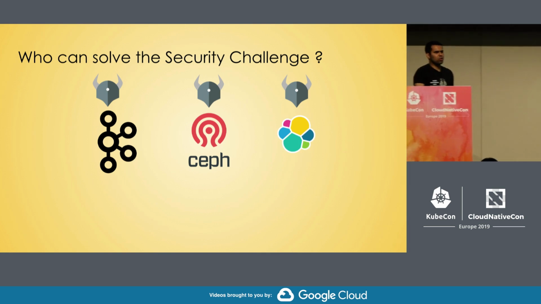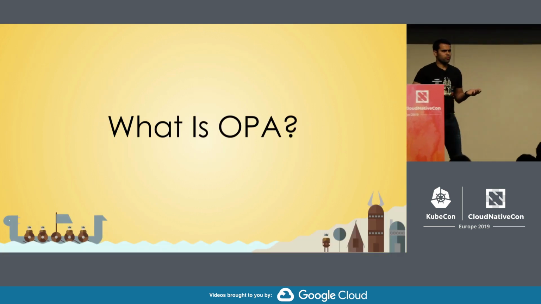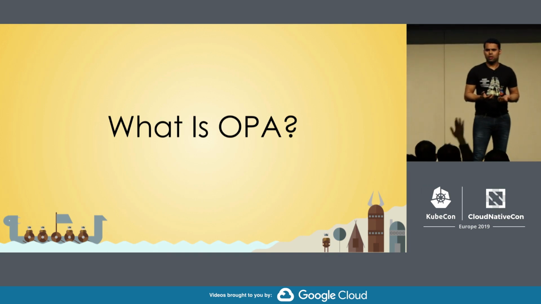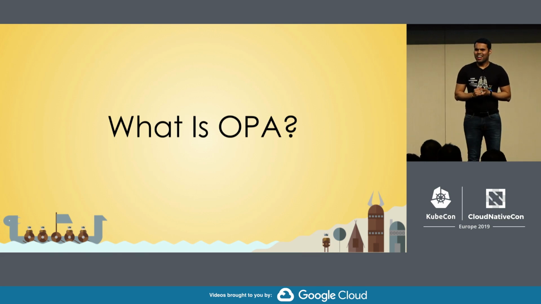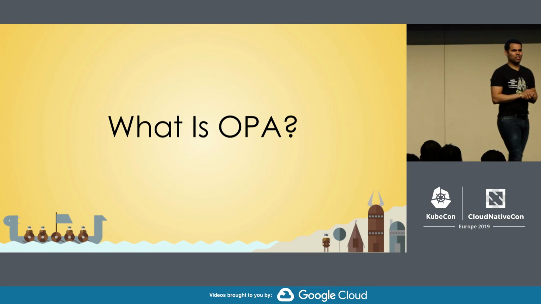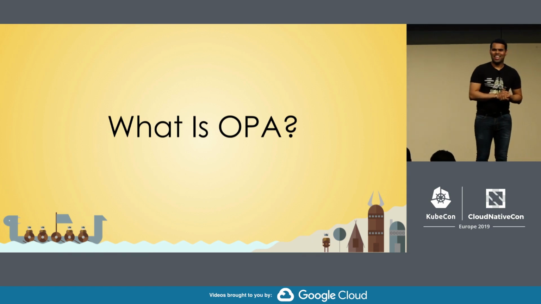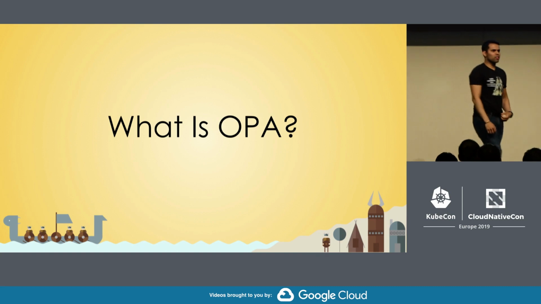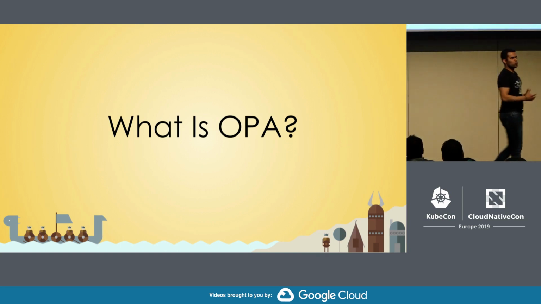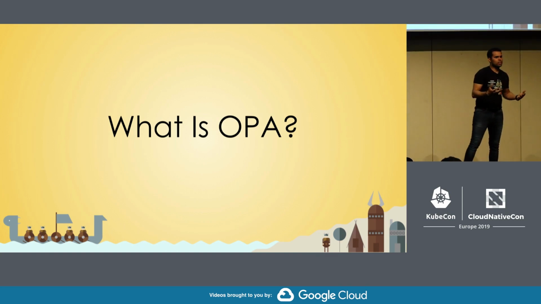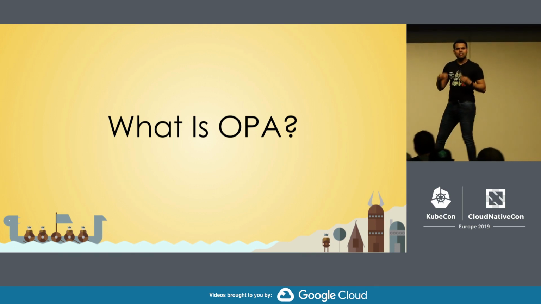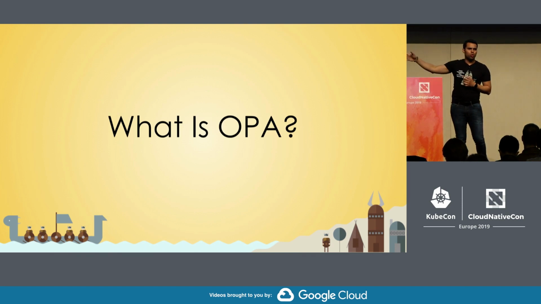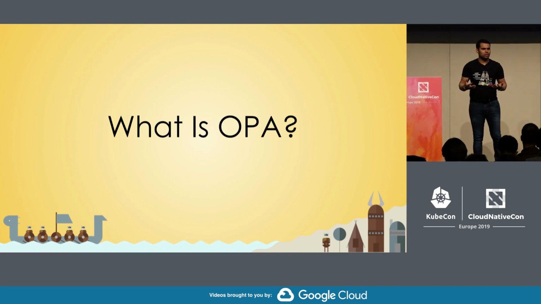And so now let's look at what OPA is. Just a quick show of hands. How many of you have heard about OPA? Wow, that's a lot. And how many of you are actually using OPA? OK, that's helpful. Thank you. So OPA is an open source general purpose policy engine. You can take OPA and use it at any layer of the stack in any system. Your services can offload policy decisions to OPA by executing queries.